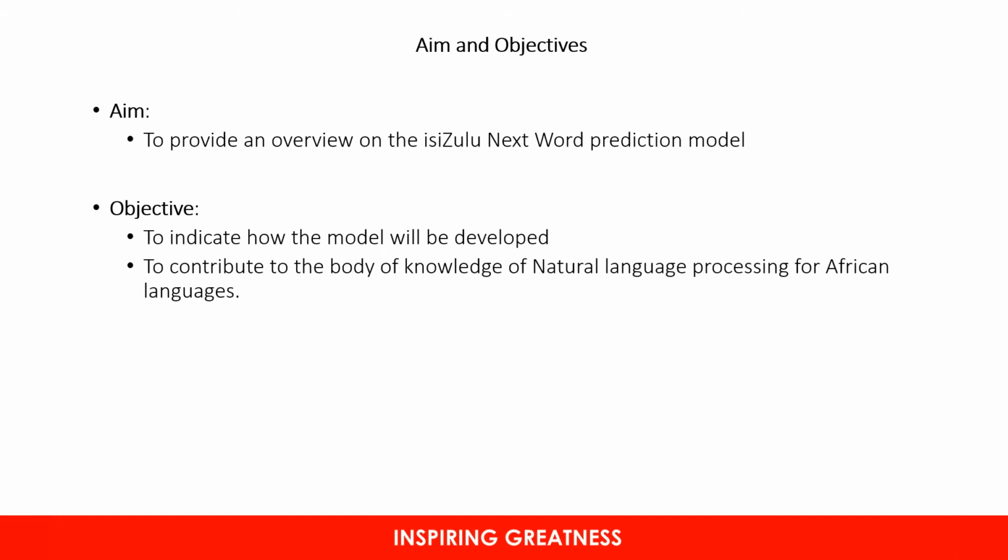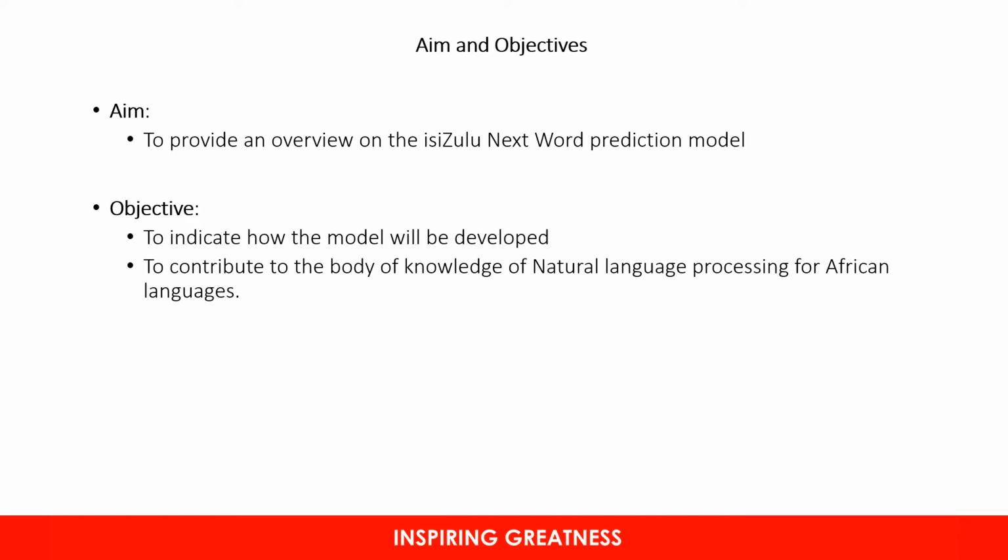The aim and the objective goes as follows. Number one, the aim is to provide an overview of the IsiZulu next word prediction model, and the objectives are to indicate how the model will be developed and also to contribute to the body of knowledge of natural language